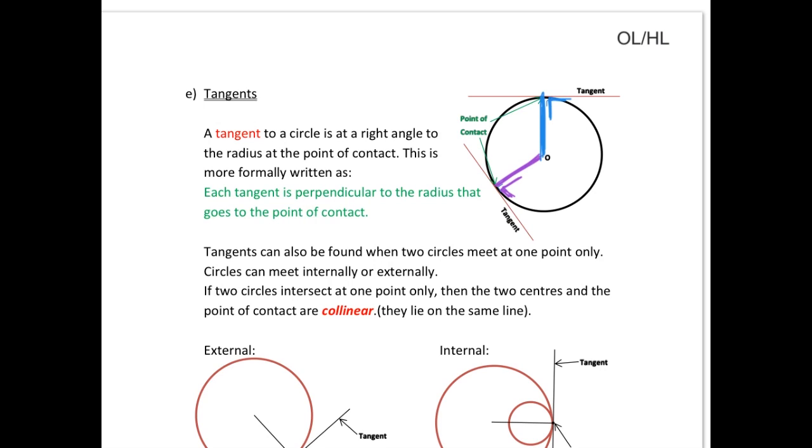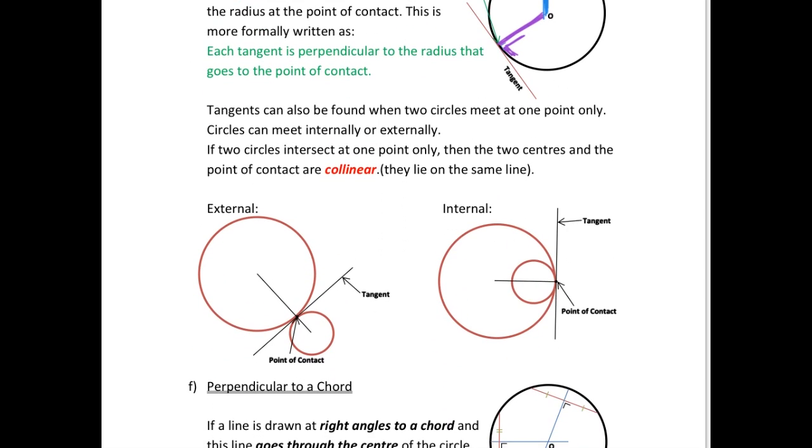It should be noted that tangents can also be found when two circles meet at one point only. Circles can meet internally or externally, as we have met in our coordinate geometry course. If two circles intersect at one point only, then the two centers and the point of contact are collinear, which means they lie on the same line. So if we look at two examples of that,